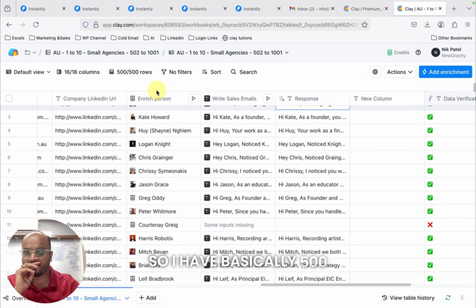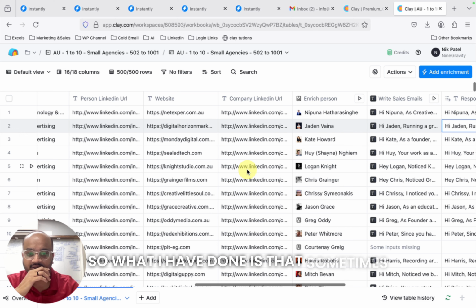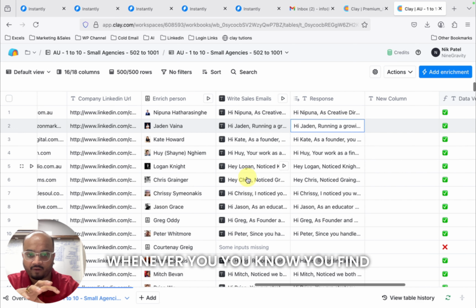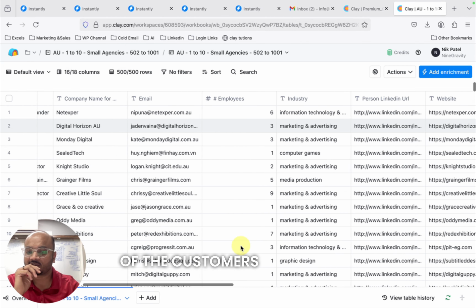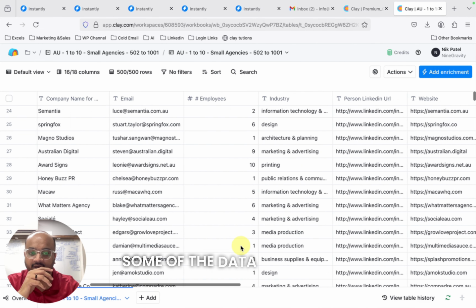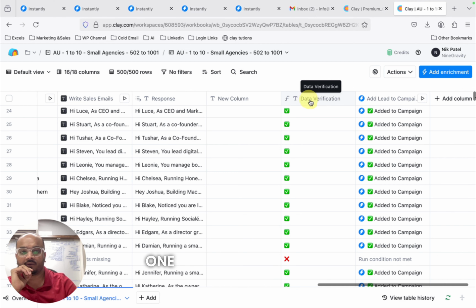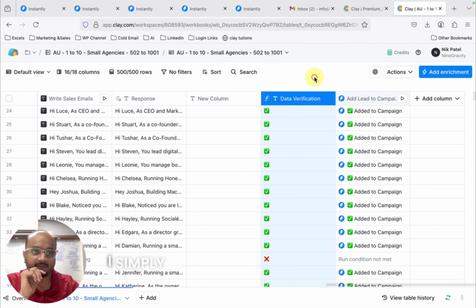So I have basically 500 customers added here. What I have done is that sometimes whenever you find these details, some of the details of the customers are missing, like some of the emails are missing, some of the data are missing. So I kept one data verification. In that data verification, I simply add